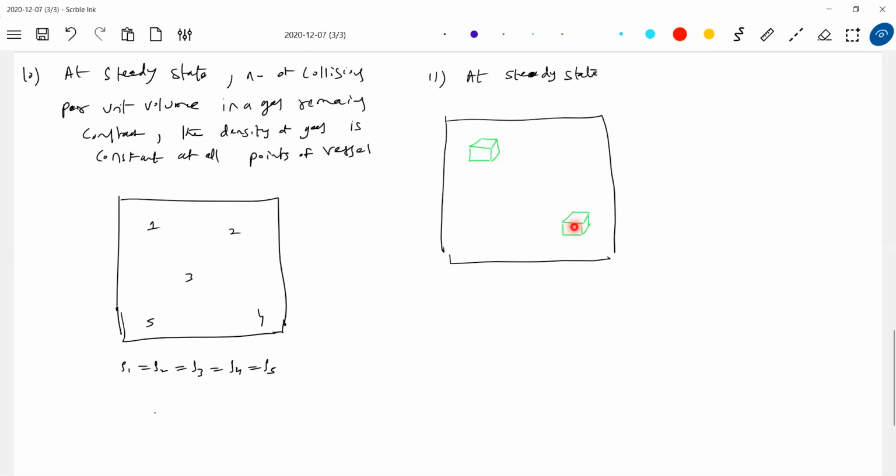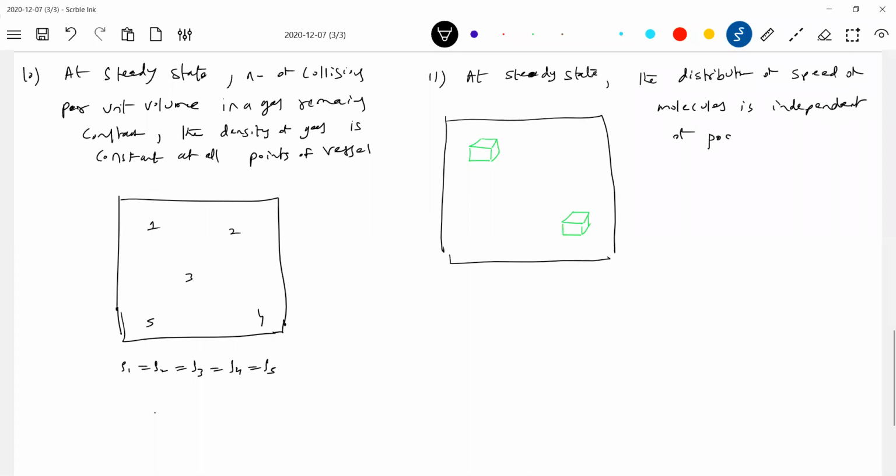So, in the syllabus it is defined what steady state means: the distribution of speed of molecules is independent of space, time, and direction also. What do you mean by steady state here? At steady state, the distribution of speed of molecules is independent of position, time,